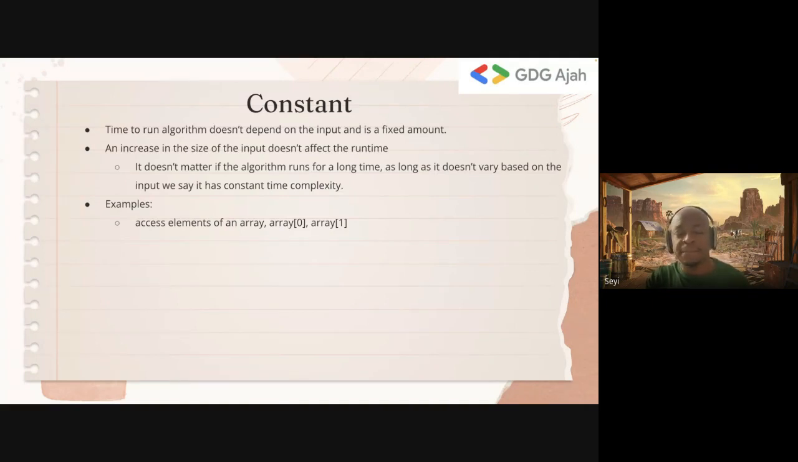So when to apply best, average, and worst cases, as you go on in the course, you will understand when to apply them when you're analyzing your algorithms. I just wanted to make sure that I mentioned it here so that we're aware of it. So constant space complexity just means that